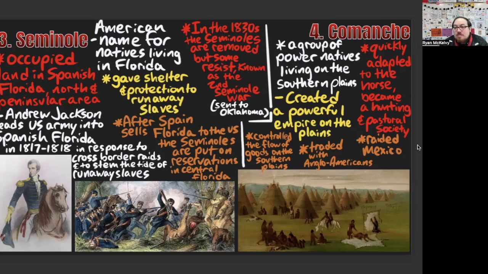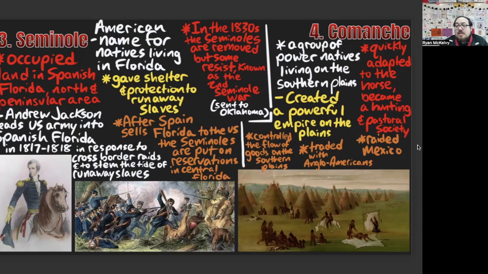They were not very fond of the Mexicans at the time, which had just gotten their independence from Spain, especially in what was at the time Tejas, one of the far off Spanish settlements. Of course, at this time, Tejas was very sparsely populated, less than about 4,000 Tejanos living here at the time, which made it very easy for the Comanche to control and very difficult for the Mexican government to expand their control into Texas. So they just sort of ran that northern portion and did whatever they wanted, and they will